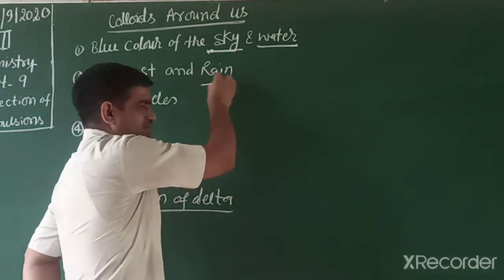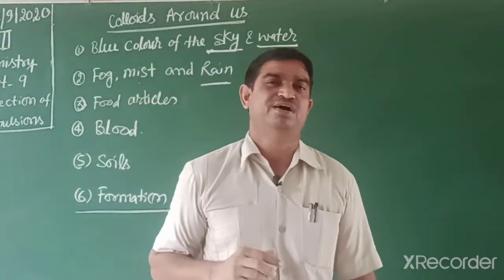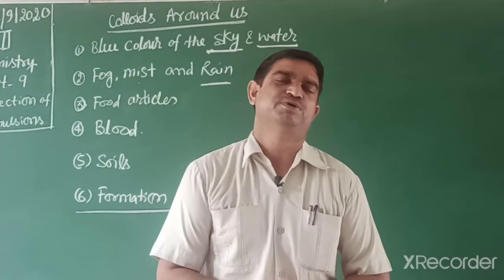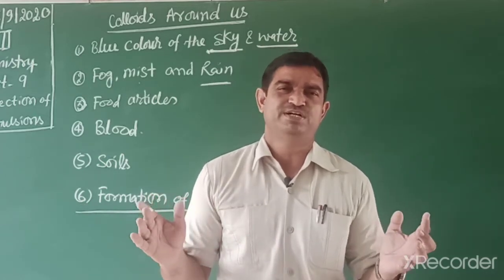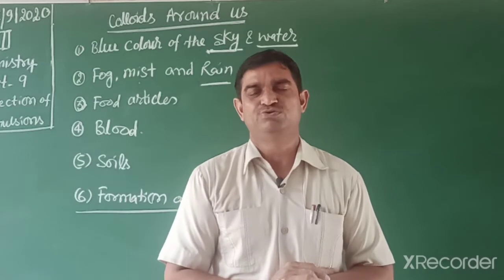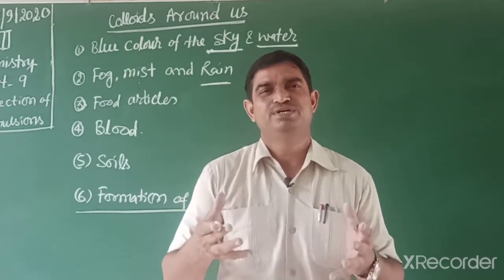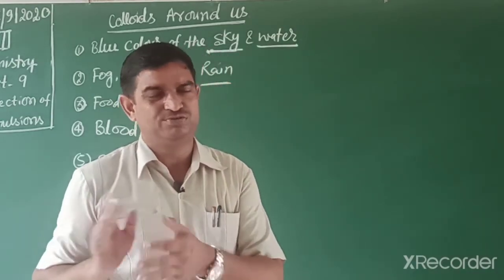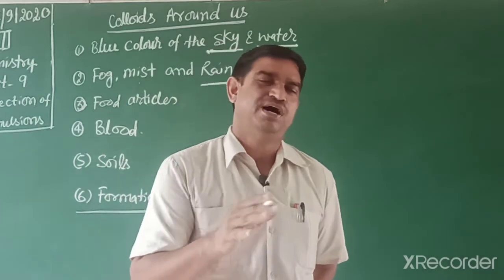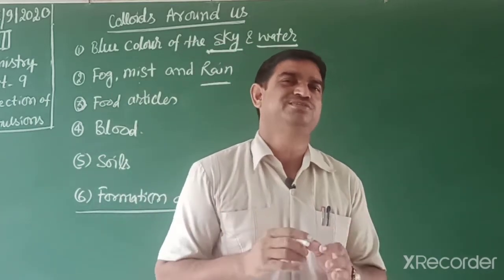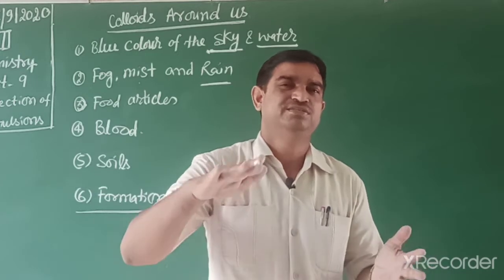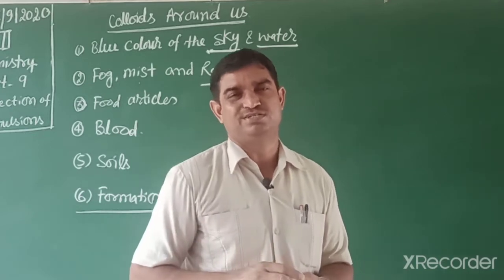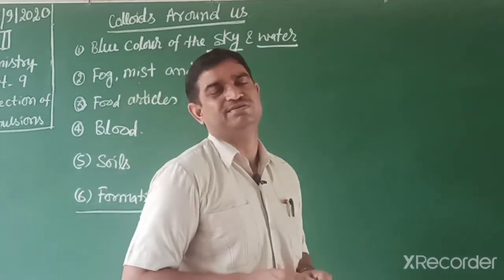Other one is rain. Students, cloud formation. What is the cloud state? It means water droplets spread in a dispersion medium that is in a gaseous state. Small water molecules aggregate and form clouds, and when they become heavier with more molecules, they are of larger size. We know they are colloidal sols. They have a single type of charge, either positive or negative. If two oppositely charged clouds strike each other, then they precipitate out, coagulation occurs, and due to that rain occurs.